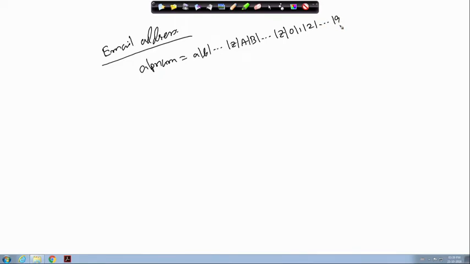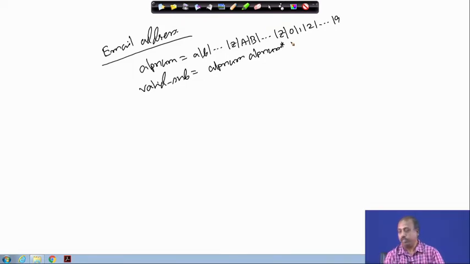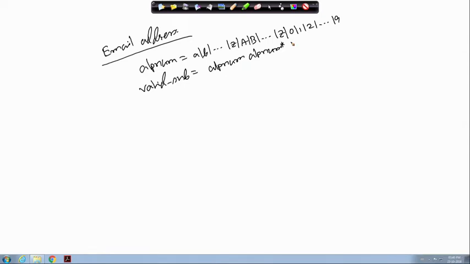Okay. Then we can say that a valid sub part, valid sub is equal to alphanum, one of them followed by alphanum star. So, one or more occurrences of these alphanumeric characters,